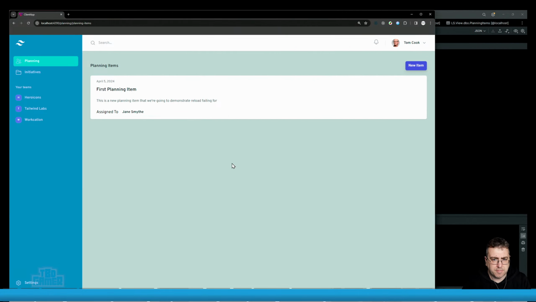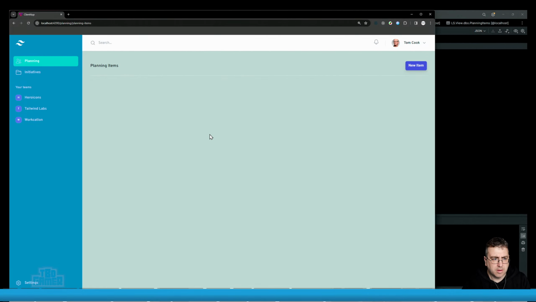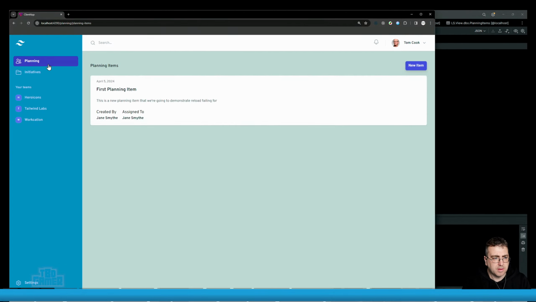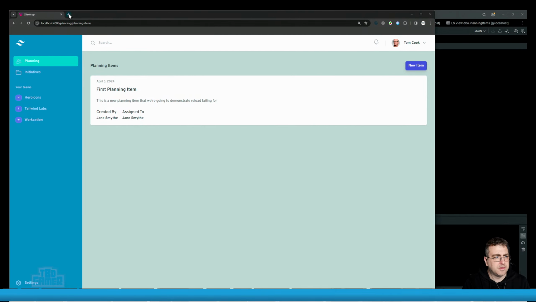So if I hit create and then refresh, right, that's gone, right? And that's gone because that planning item hasn't made the full journey, right? So I don't want to load data from GraphQL unless I tell it to load, right? So now if I reload, it's there. It should be. Yeah. So now that is in the view. And that is because